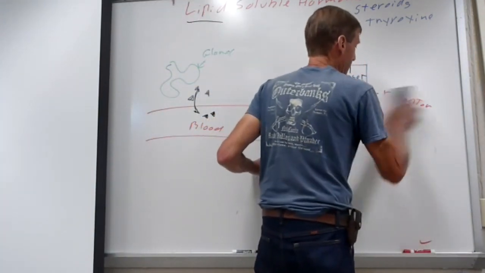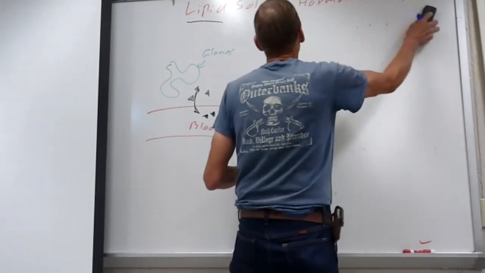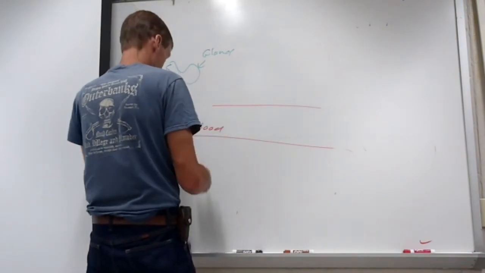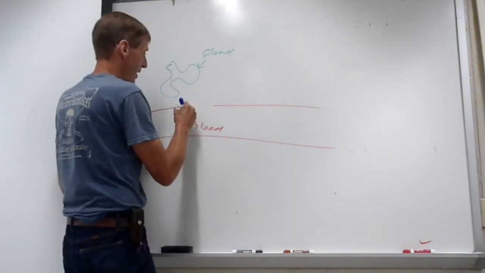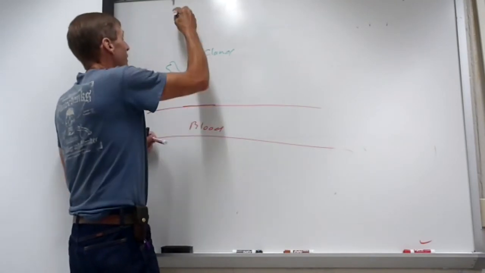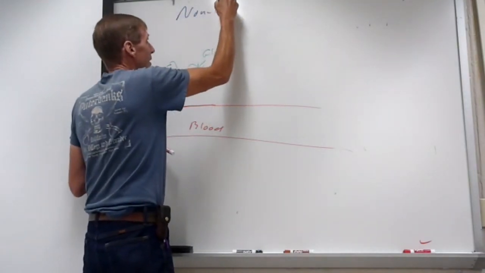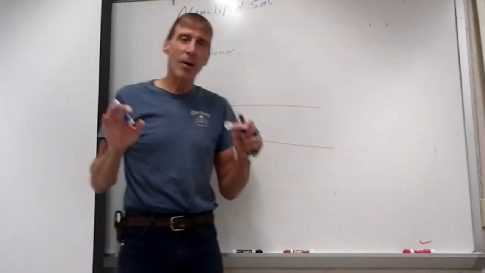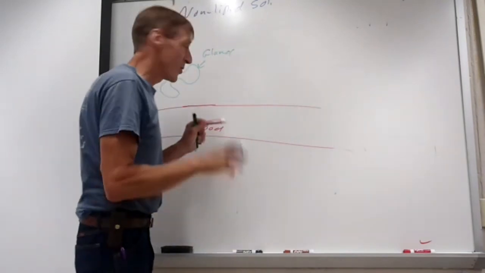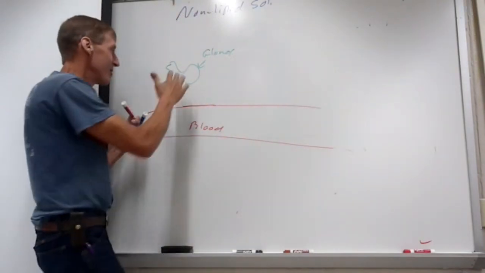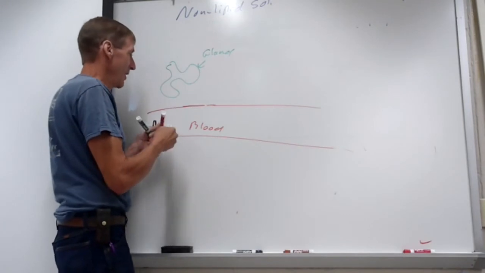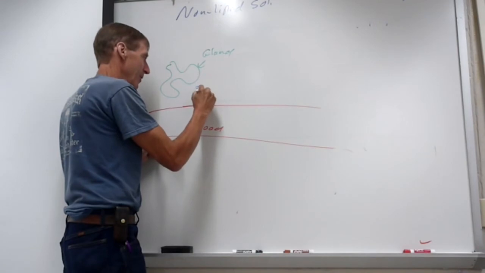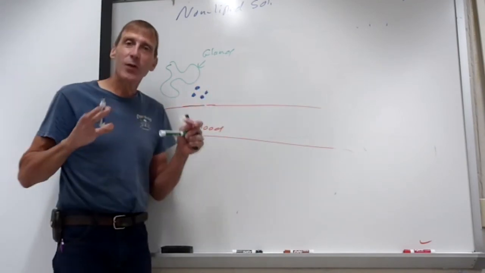Let me look at the non-lipid soluble hormones. I'll redraw my same diagram, except we're looking at non-lipid soluble hormones. Again, these are all peptide hormones, all monoamines, except thyroxine. All right, so I'll have the same sort of scenario set up. Here's the gland, here's the blood, here is the hormone. So the gland will secrete the hormones, like in the previous example, into the interstitial space. It's going to diffuse into the blood.